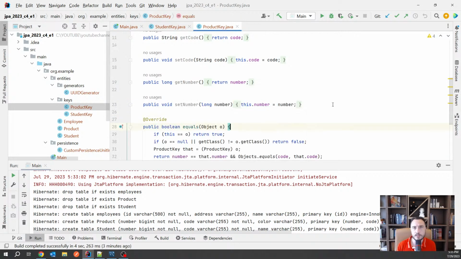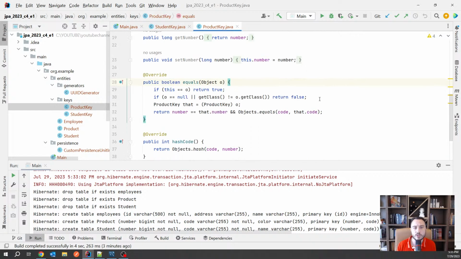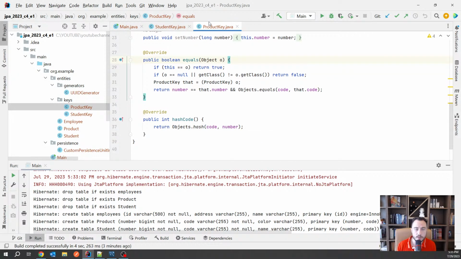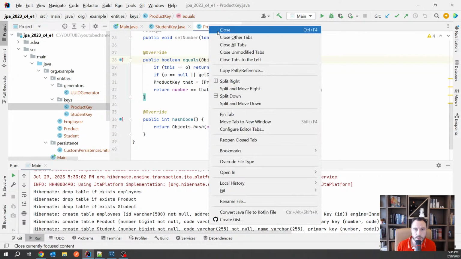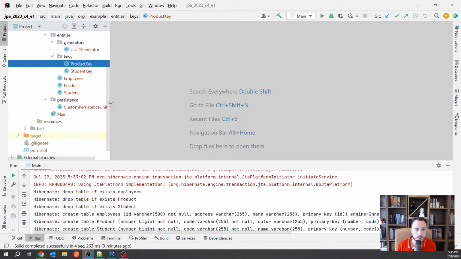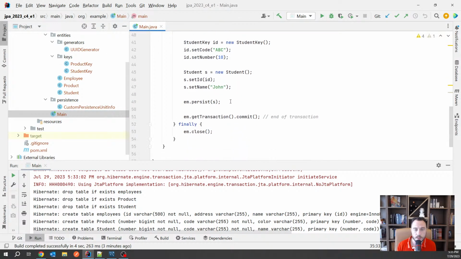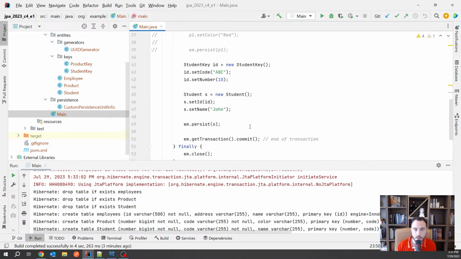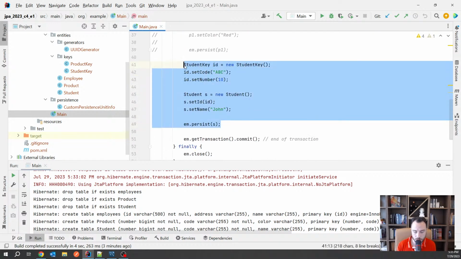I'm using here the straightforward self-generation of IntelliJ, but that's not necessarily what you need to do, okay? You know, you can implement equals and hash code by yourself if you require something more than what IntelliJ can generate for you. And then of course, say I want to put this to none for a bit, and then I'm gonna comment this out